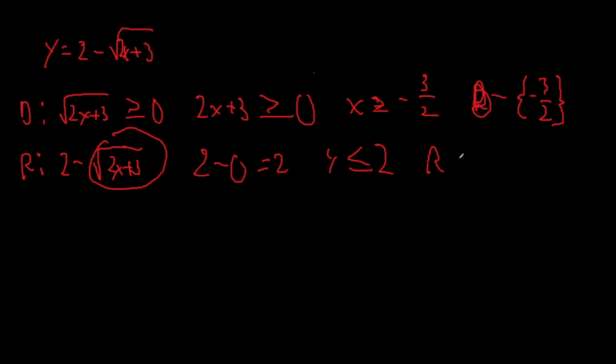Range is all real numbers less than or equal to 2. Okay, now for graphing this, I'm going to erase all this. y equals 2 minus root 2x plus 3. So for graphing this, as we just found the bounds to be negative 3 over 2 and 2,